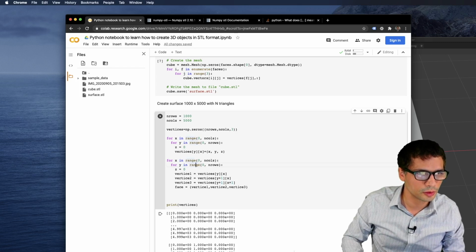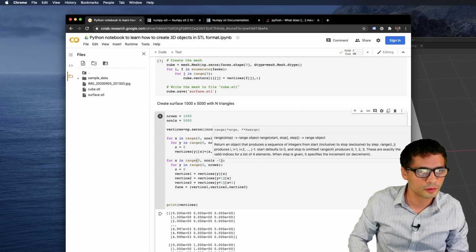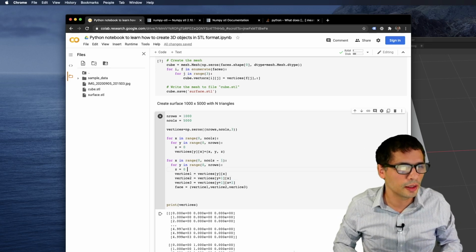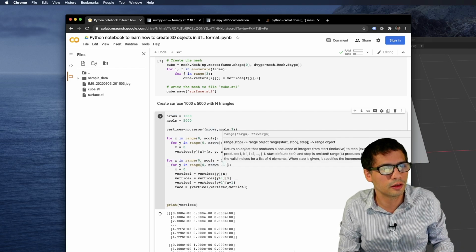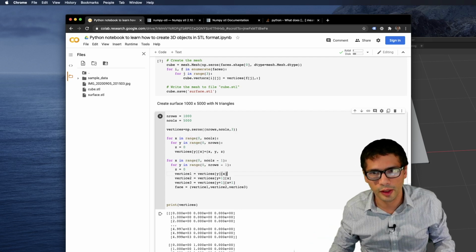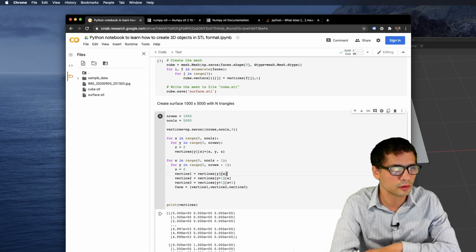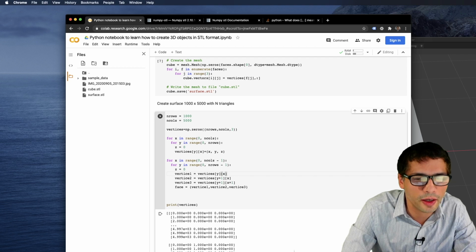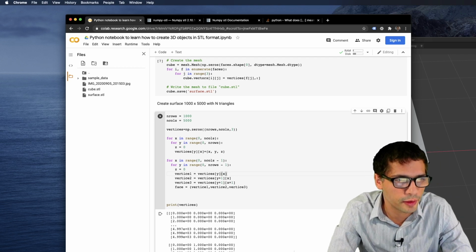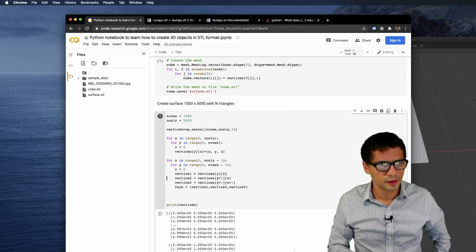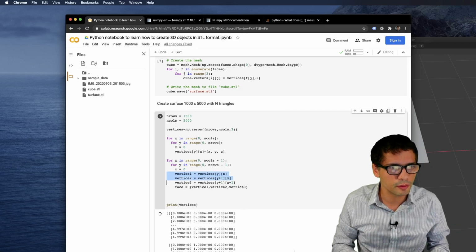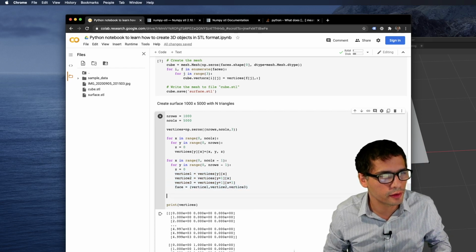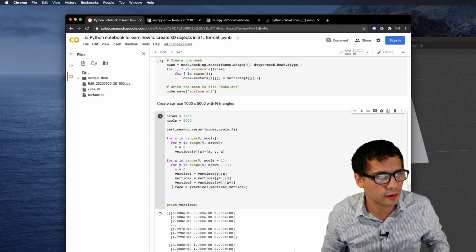So I could do a stop here to make sure that I don't end up having an array out of bounds exception, and then the same here. When I get to the bottom, there are no more vertices to go down. So I don't want to go up to the very end of the matrix. It's getting complicated, right? Maybe I'm making it harder than it should be, but let's just start with what we understand. So now I have a face with my 3 vertices. Here, this is a tuple.